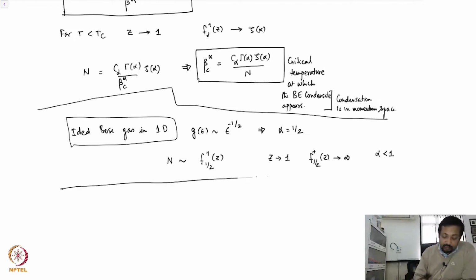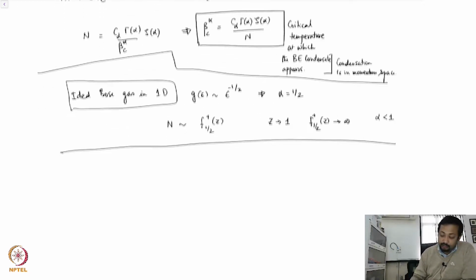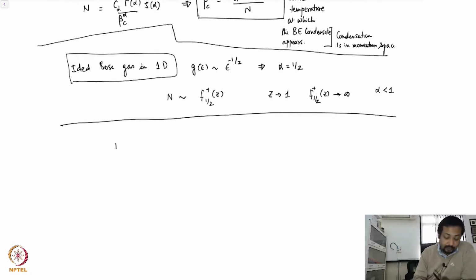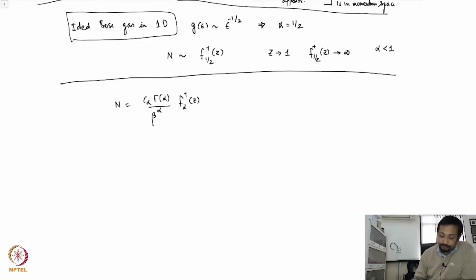Now, let's quickly continue with this. So this is my N. N is C alpha gamma alpha over beta raised to the power alpha, and then I have f alpha plus of z. The energy is the integral of g of epsilon d epsilon divided by z inverse e to the power beta epsilon minus 1,